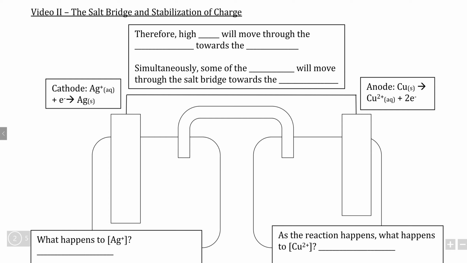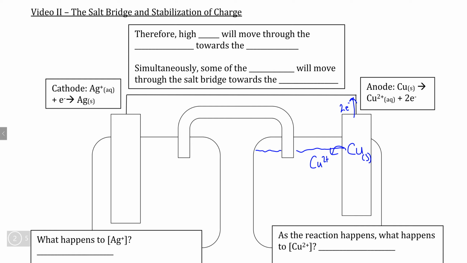In this video, we're going to be looking at the internal mechanisms of an electrochemical cell in more detail using the redox reaction involving silver and copper from the previous video. In the previous video, we saw that our anode reaction involves solid copper undergoing an oxidation reaction in which each copper atom loses 2 electrons, resulting in the formation of Cu2+ ions that are then dissolved in an electrolyte